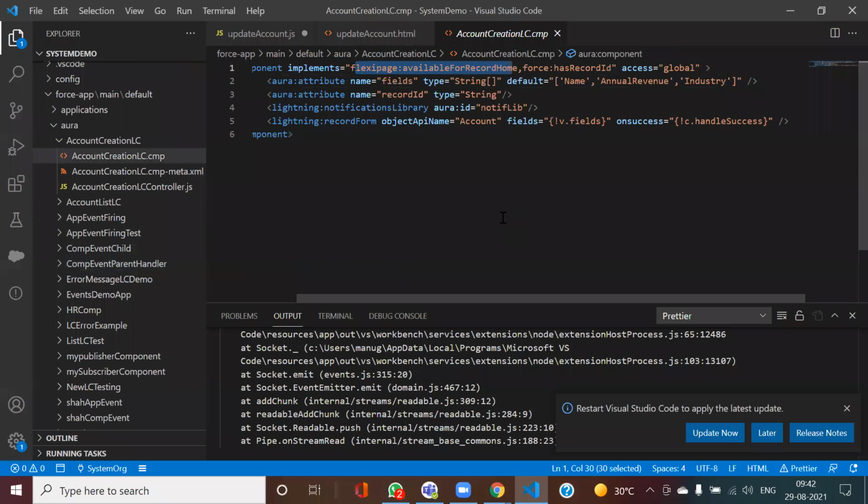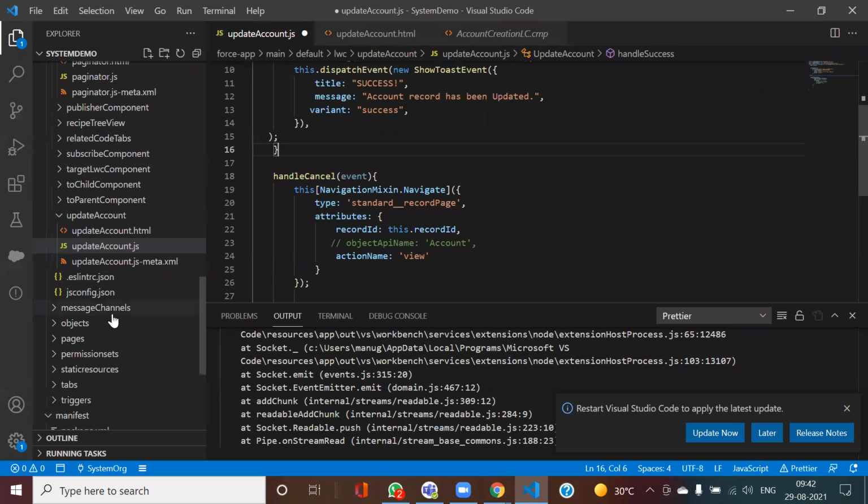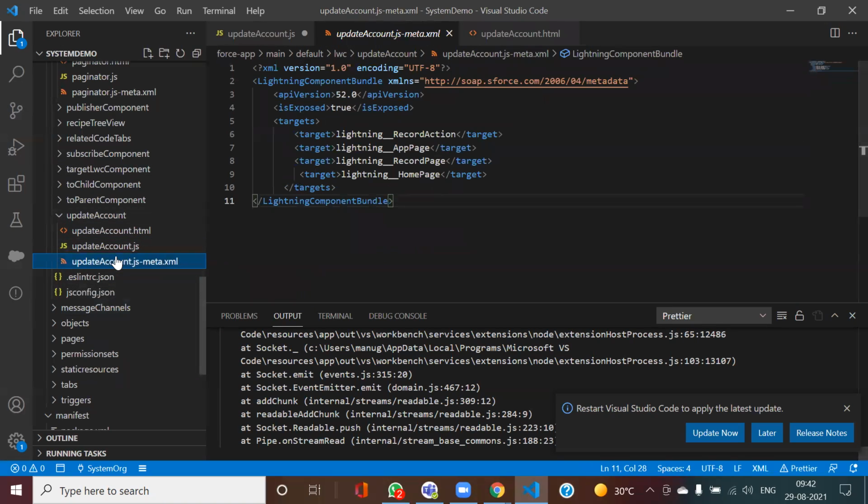Similarly, in case I want to use a Lightning Web Component in my record page as a quick action, how am I doing it? For that, we have this file, js metadata.xml. Here you write it like this. You have these targets, so you can specify where you want to use your Lightning Web Component, whether in your app builder, your record page, or your home page.